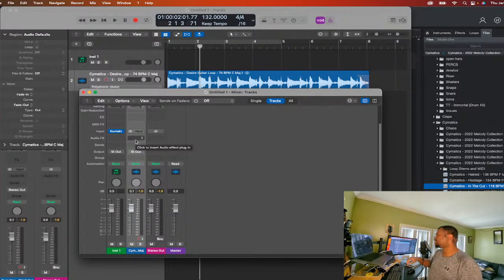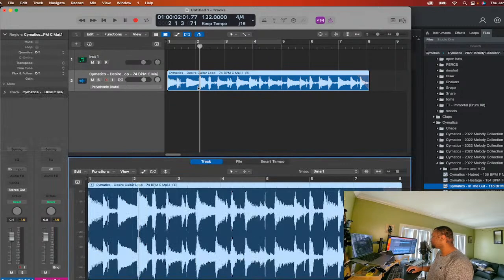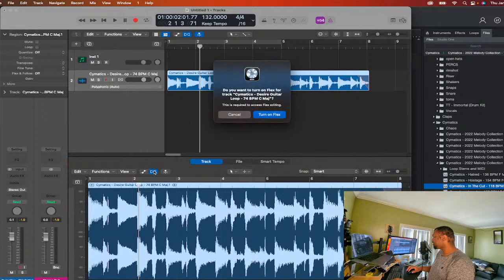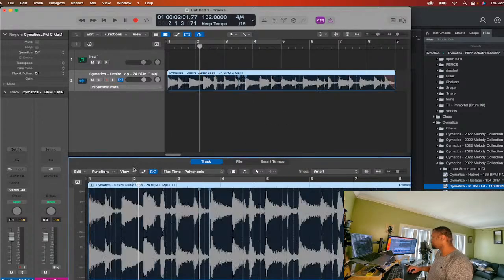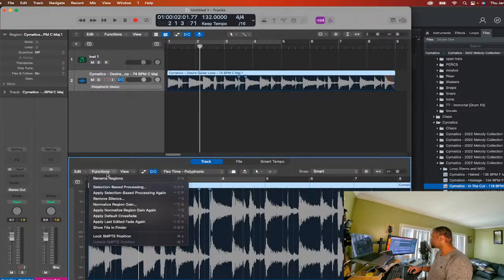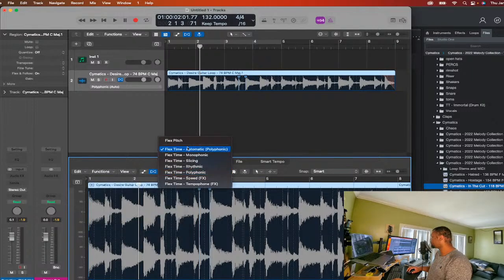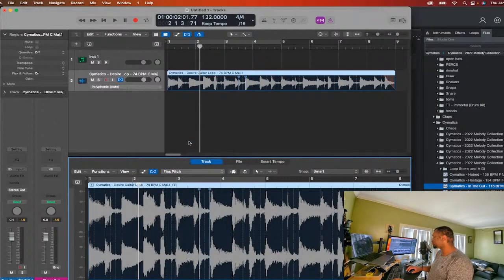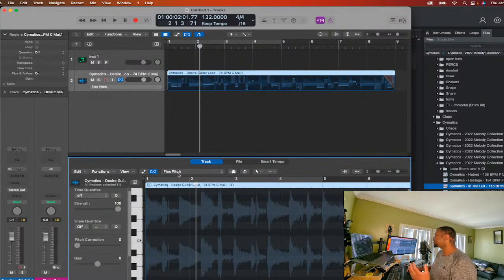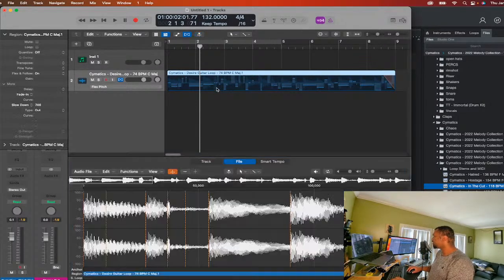One thing I will say about Logic that's over Studio One, if you come here and you turn on Flex Time again, and then you can go turn on Flex Pitch. Now Flex Pitch is pretty much Melodyne, anything like that. When I reopen it,